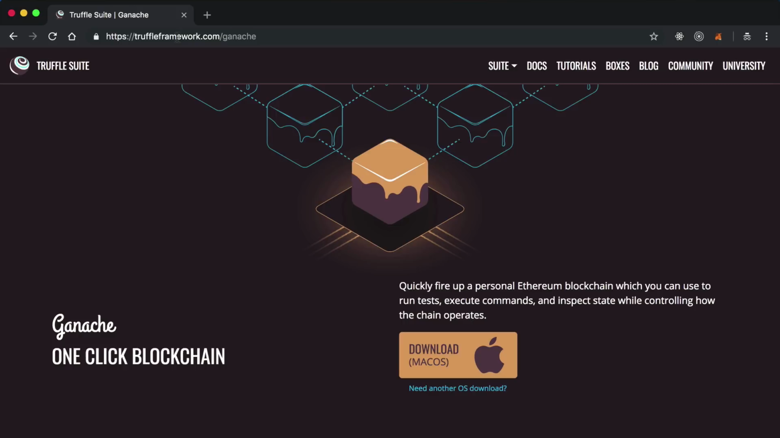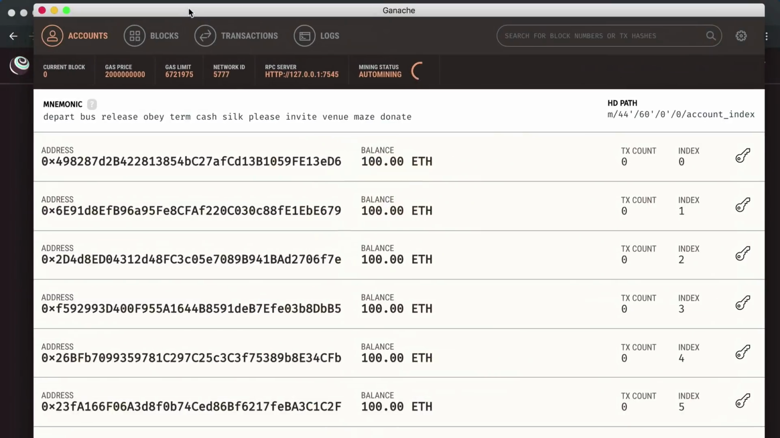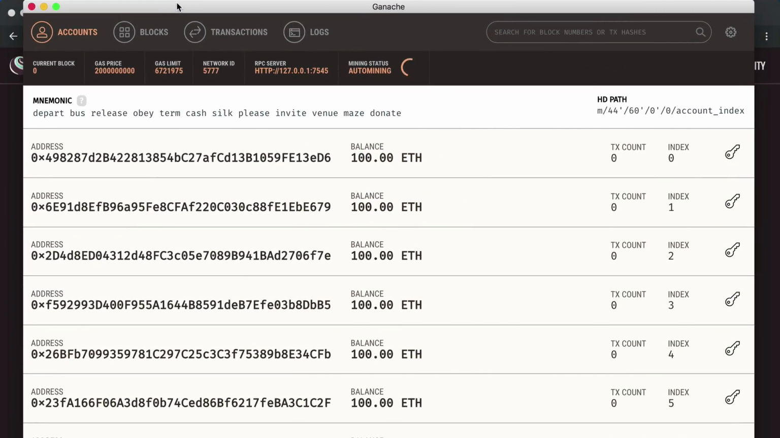You can head over to truffleframework.com/ganache to download it. You can click this download link, and whenever you've downloaded it, make sure you install it, and when you open it, you've got a local blockchain running. So what is Ganache? What is a personal blockchain? Well, a personal blockchain is like a real blockchain network that's connected to the public where anyone can connect to it, but it runs on a computer. It's a closed network. And Ganache